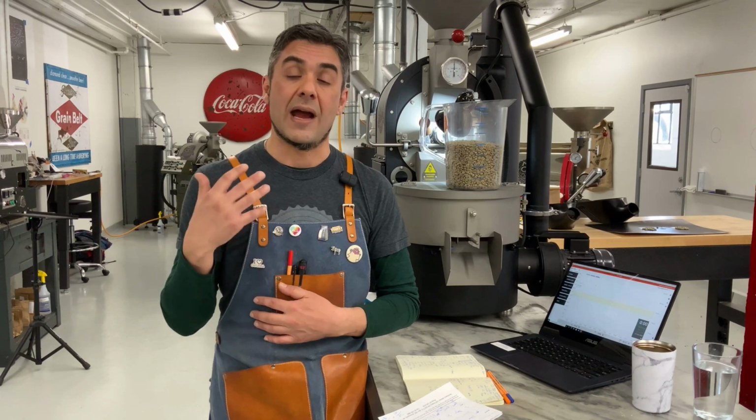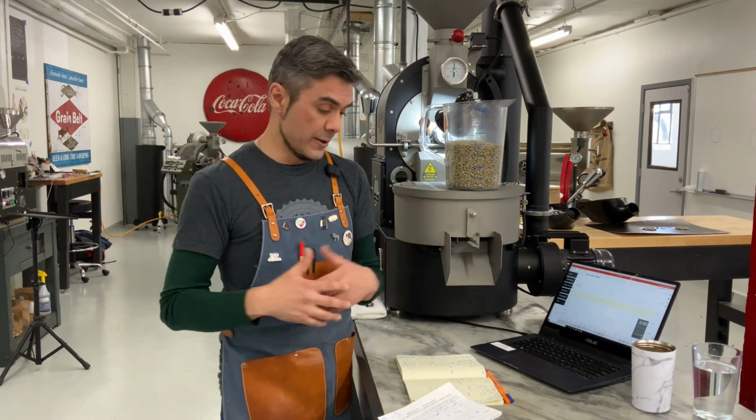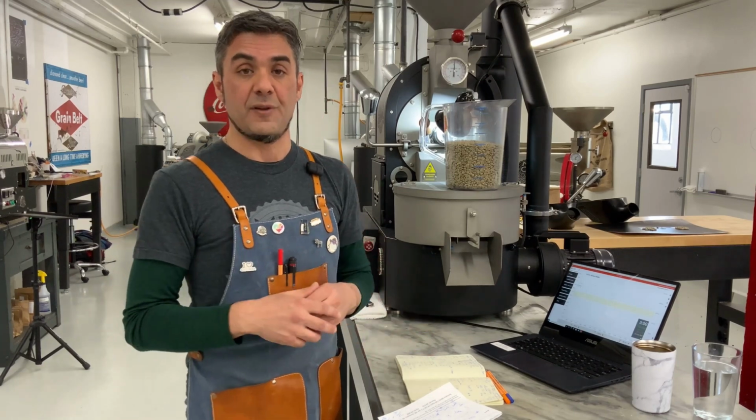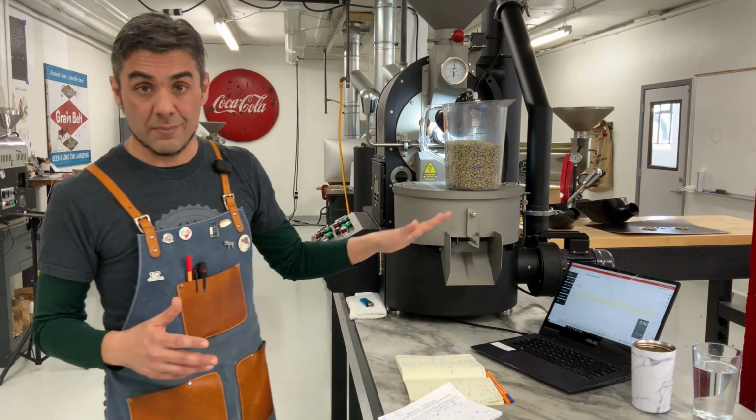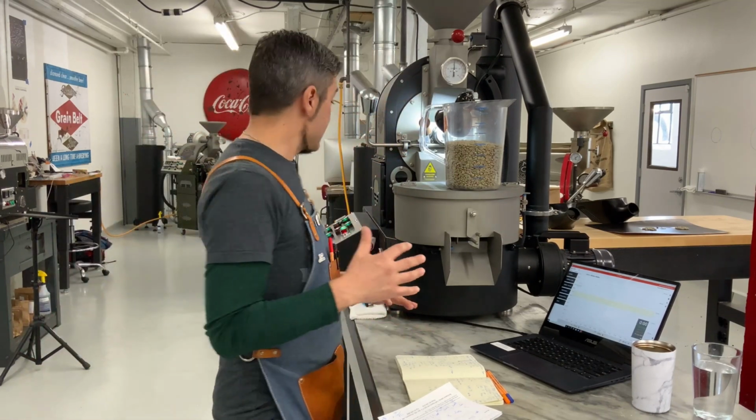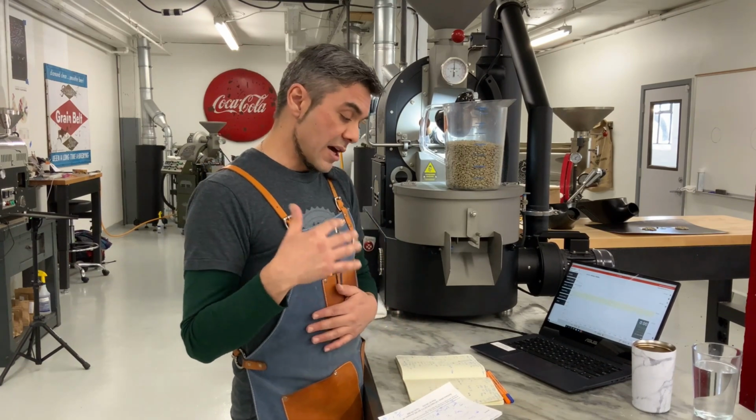I'm going to use 20 hertz for my low air, 25 hertz for my medium air, and 30 hertz for my high air. And I'm going to use low, medium, high air like a traditional drum roaster would. I'm going to use 40 hertz on the drum speed setting, and that roughly is equivalent to 60 RPMs of the drum. I have the high temp limit set to 450, and I'm using 2 kPa gas